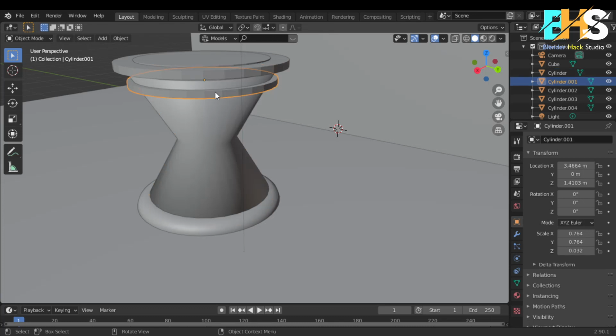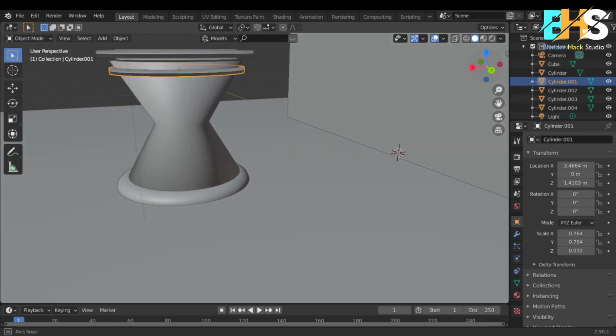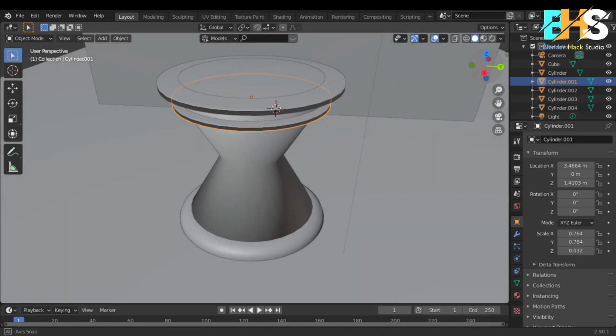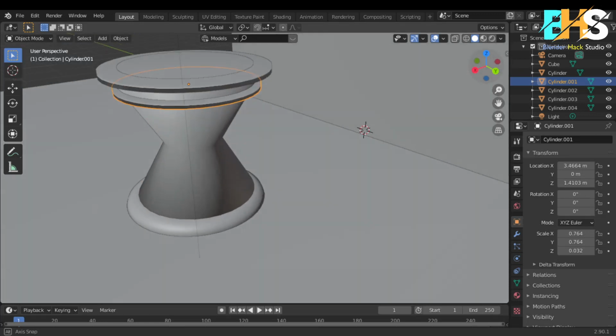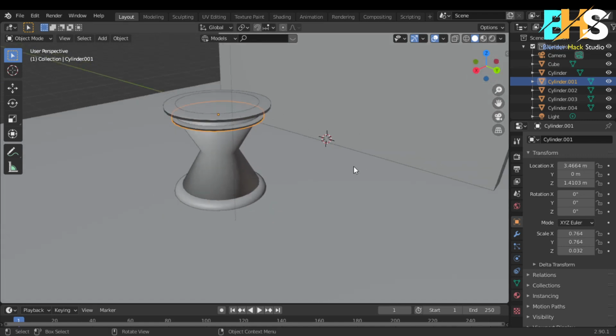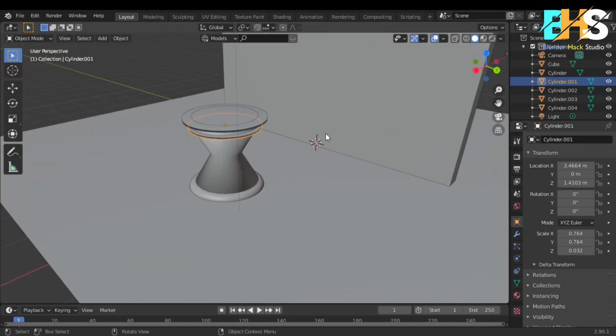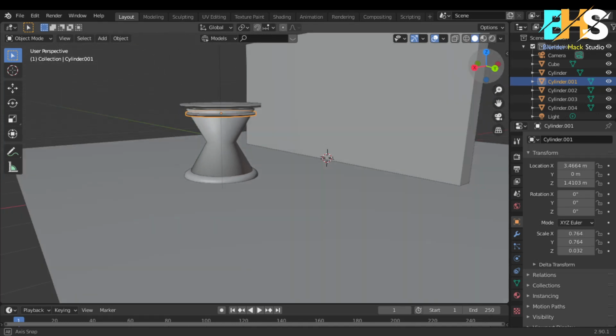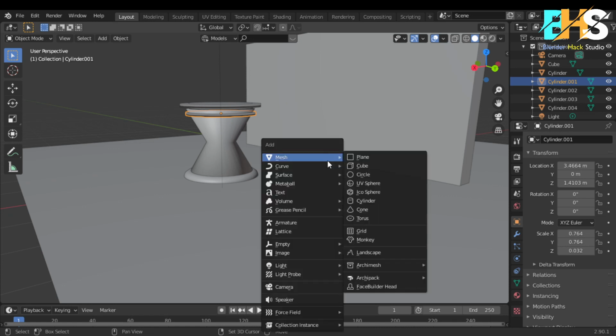And also come to the cylinders that we entered here and shade them smooth. So here we have something which looks more smooth than the one we had before, and this will increase the beauty of our object. So we are done with the table, and you have a background or basic background. If you want, you can add also a creative kind of chair or a sofa, and today we'll be achieving